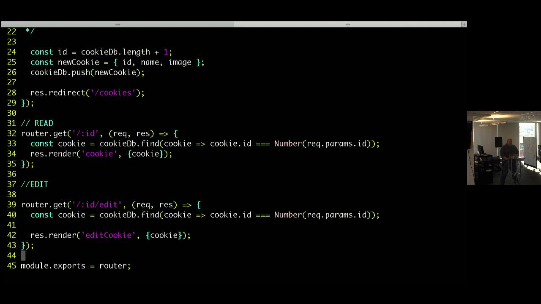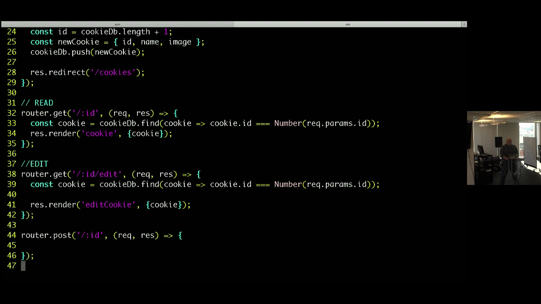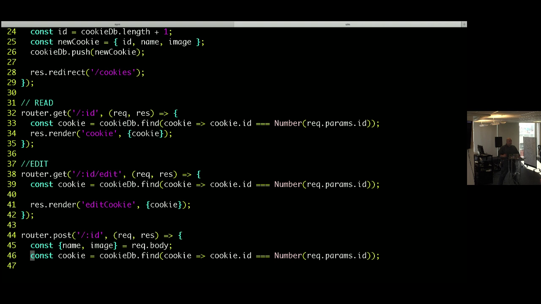And while I'm here, I know that I'm going to have a post to /id, because that's the right RESTful route for sending data in to edit this cookie. I already know how to grab name and image from the body. I still need to find my cookie, because I have to find that record to edit it. Except this time,